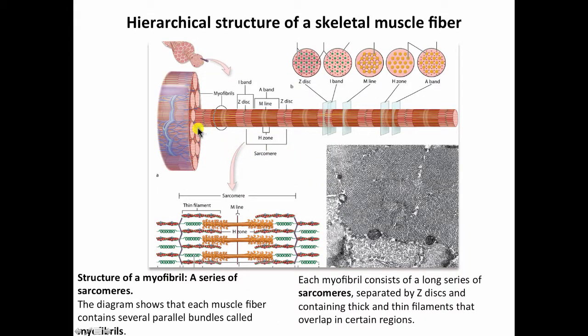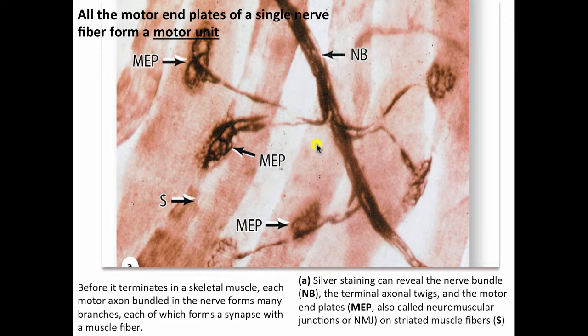The myofibrils, shown here within a myofiber, are just a long series of sarcomeres joined together and separated by Z-discs, and we'll look at the structure of the sarcomeres in some detail. Now, muscles are richly innervated and have a rich blood supply, and a nerve bundle, before